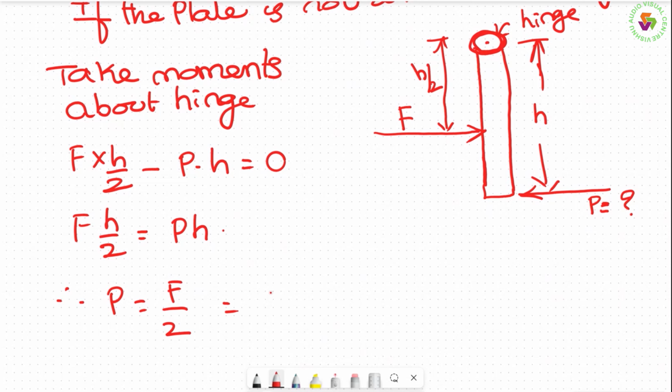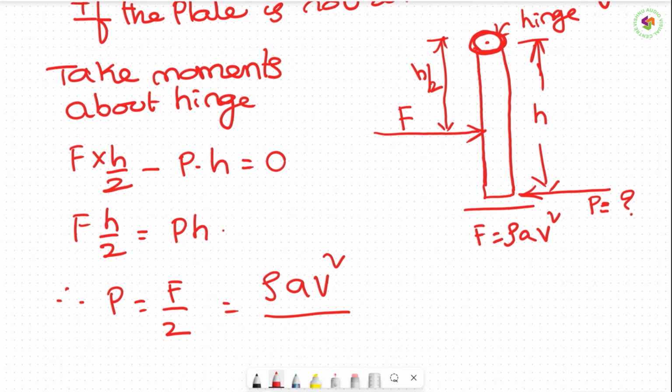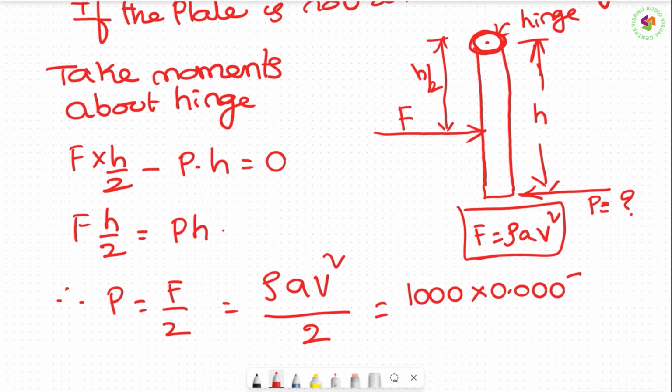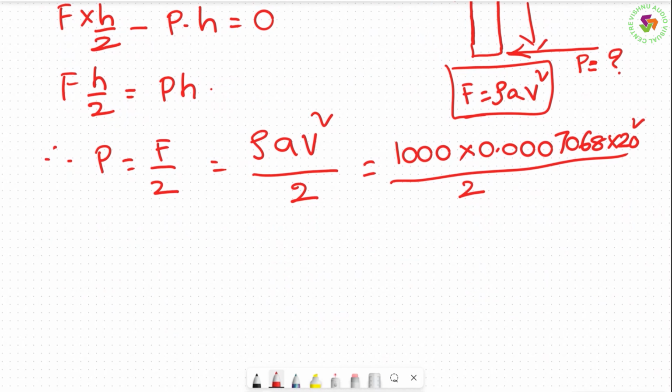So what is F? Vertical position. If the plate is in the vertical position only, F is equal to what? This F is nothing but rho A V square, because it is in vertical position only. Rho A V square by 2. So what is rho A V square by 2? Already we have calculated previously. Rho is 1000, A is 0.307068, V is equal to 20, V square is 20 square by 2. So if you calculate, P is equal to 1.36